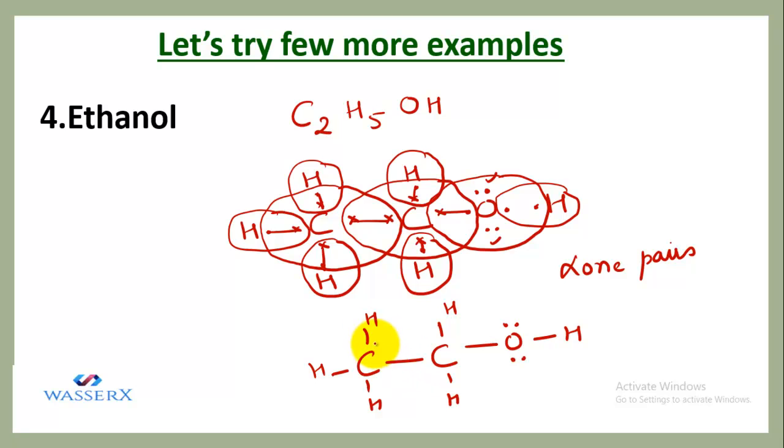Otherwise, all the electrons of all the combining atoms are just used in forming the bond, so they are called bond pairs. So we can define it that the electrons which directly participate in bond formation are called bond pairs, like we did for more compounds. And for this, we saw that there are two electrons left which are not participating directly in bond formation. They are regarded as lone pairs.